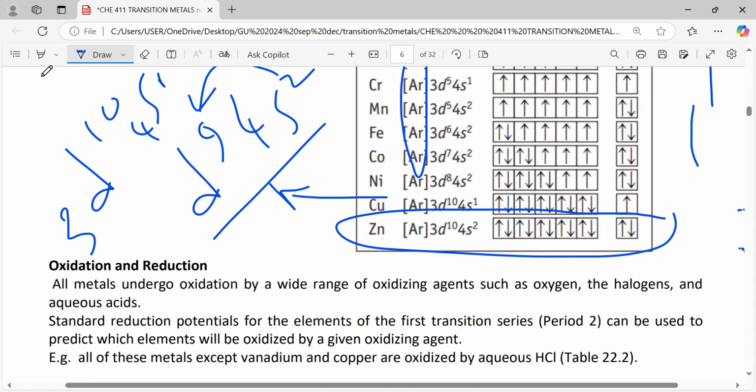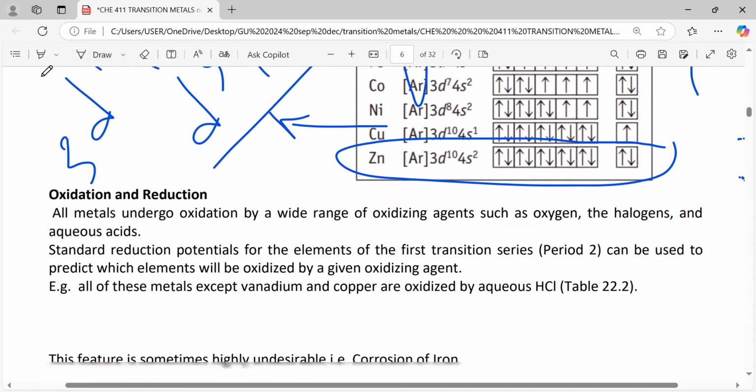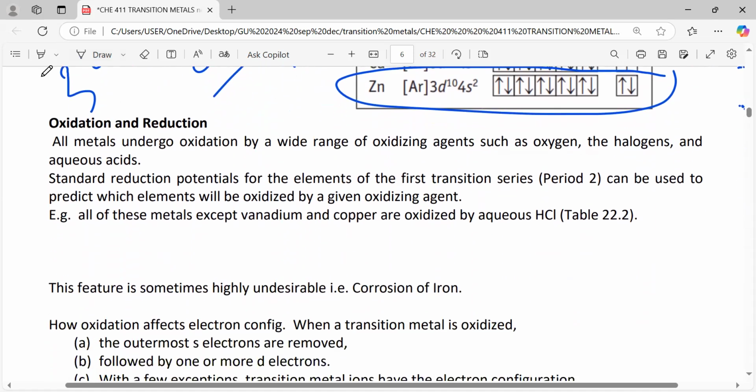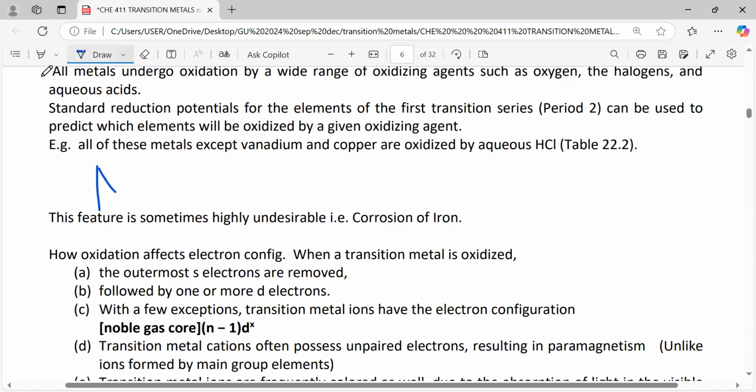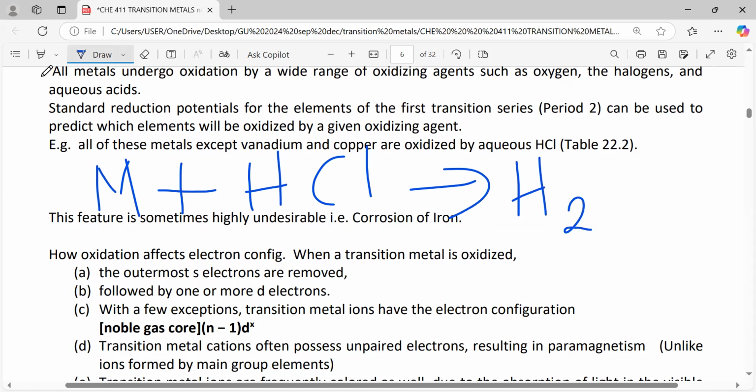Now let's look at oxidation and reduction. All metals undergo a wide range of oxidation by a wide range of oxidizing agents such as oxygen, halogens, and aqueous acids. If you remember, how do aqueous acids oxidize metals? If I have a metal, like we saw in undergraduate or even high school, a metal plus an acid like HCl, what do we get? We get hydrogen gas